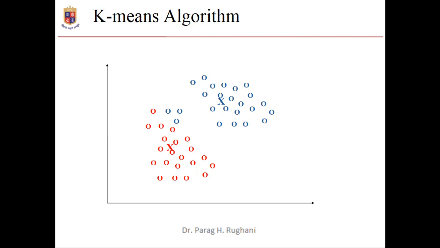Now the red centroid has moved to the center of the red cluster, and the blue has moved to the center of the blue. And after that, again if you assign the points to the cluster, you will see that the clusters are now defined properly and they are separated properly. If you keep iterating this process, it will become very stable and the cluster centroid will not move further.